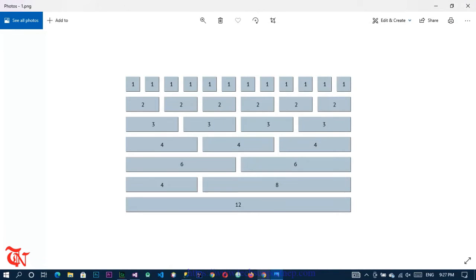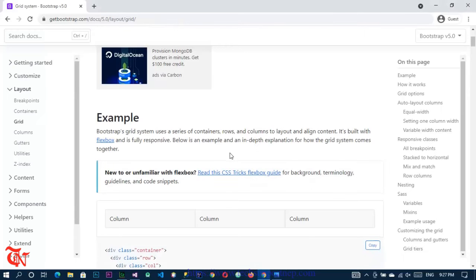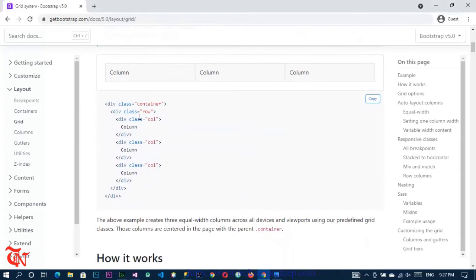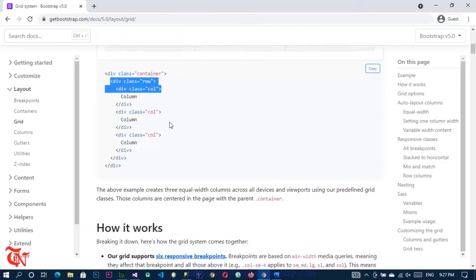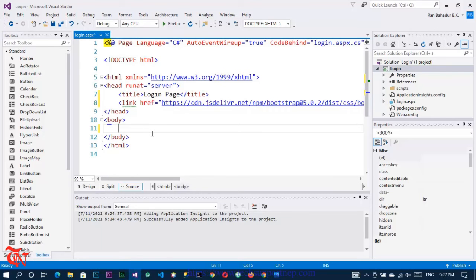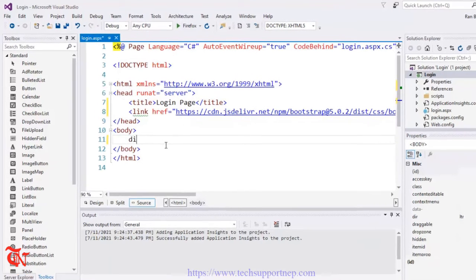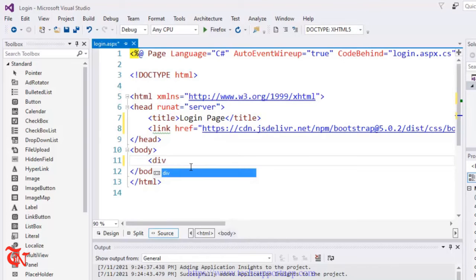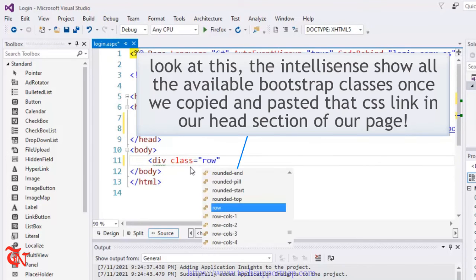So go back to here and scroll down. Here you can see the easiest layout is the grid system. That's why I am going to use this one. And here we are going to define one row. Inside that row we are going to have some columns. So go back to Visual Studio, and here I am going to write div class equal to row, and